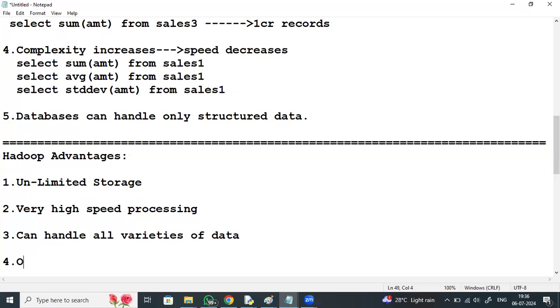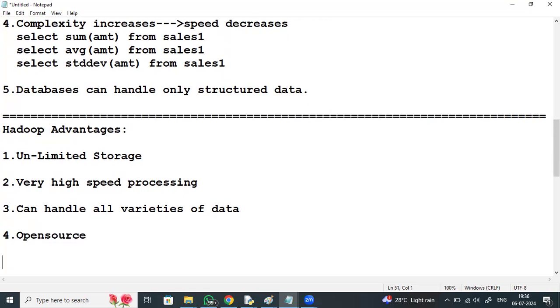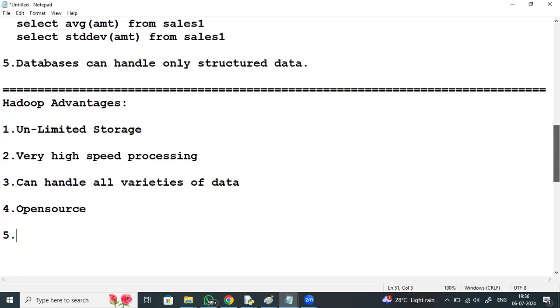It is open source, no licensing required. Unlimited storage, very high speed processing, can handle all varieties of data, open source, and commodity hardware.